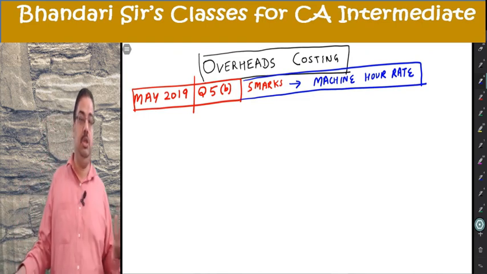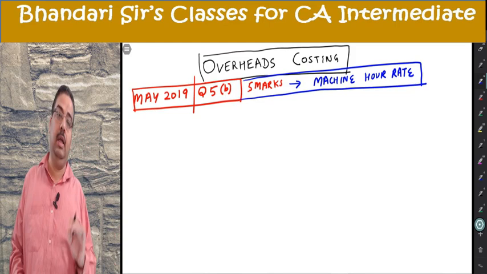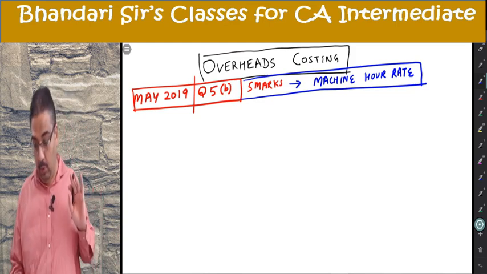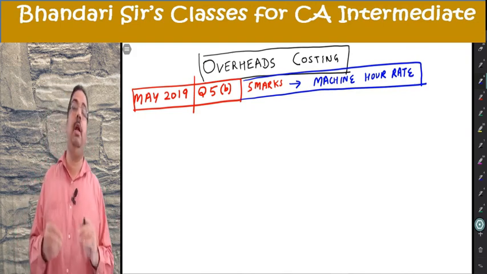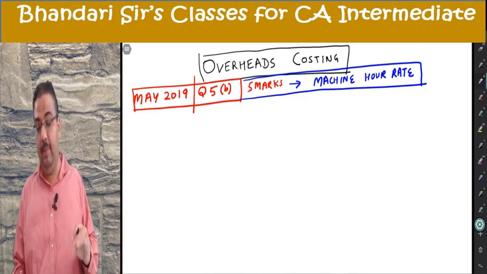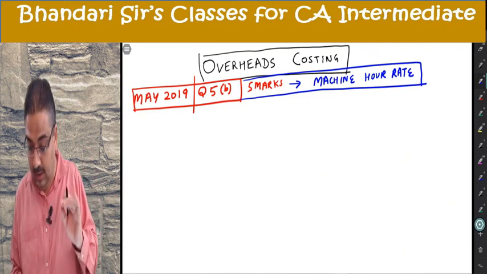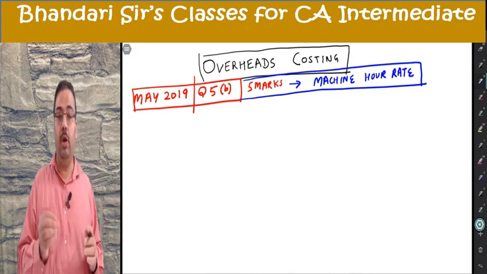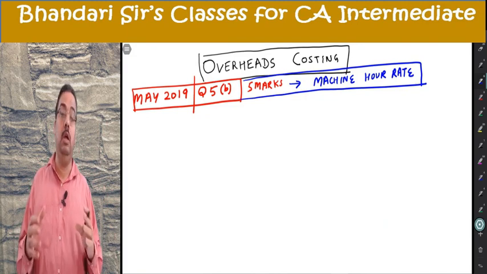So there is a single machine. No problem of there being a department. All data given on annual basis. If not given, we will convert into annual. So I am going to make an annual cost statement in respect of this machine. The total annual cost will ultimately be divided by the hours given, that is 4,500 minus 300, so 4,200 hours, because those are the working hours expected on that machine for the full year.